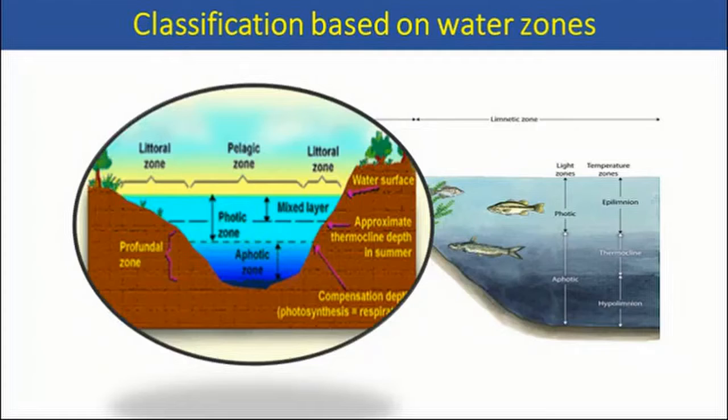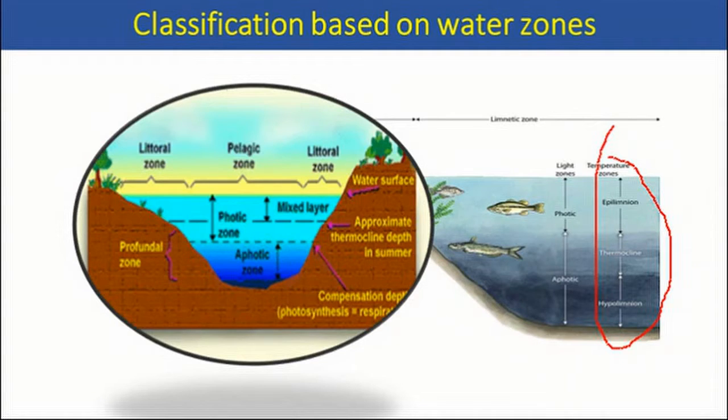We can also classify the water in a lake on the basis of the penetration of light into the water, that is photic zones, which means the light reaches this level of water, and aphotic zone where light cannot reach. Here you can see, just by the side of this, I have shown one more classification,